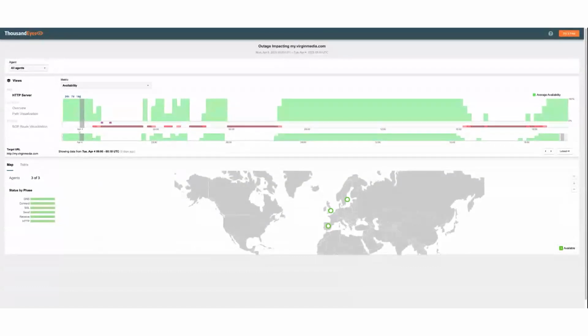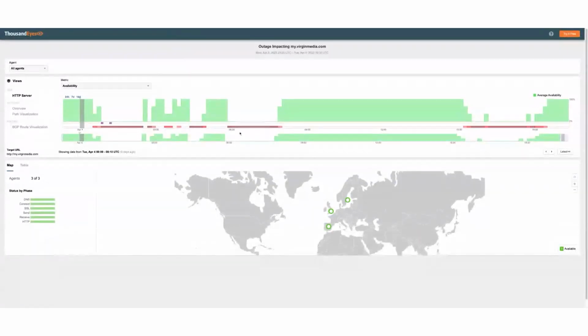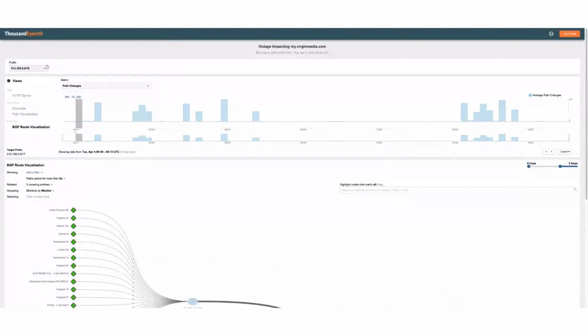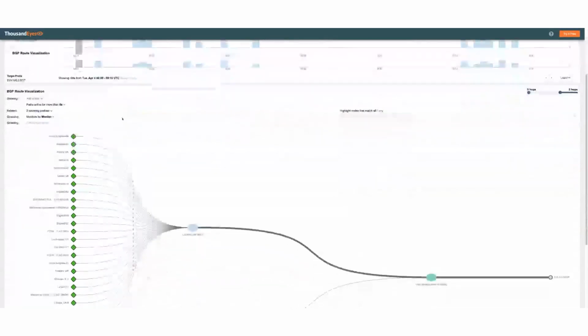So when we are looking at this particular incident, what's really important to see is that we saw this outage inside out. First of all, if we click on the BGP route visualization, we're going to see the pattern of the path changes. Here, you're going to select one of these /16 prefixes. Obviously, they are advertising /14, /16, /17. But for the time being, we are just going to focus on one of these that had the